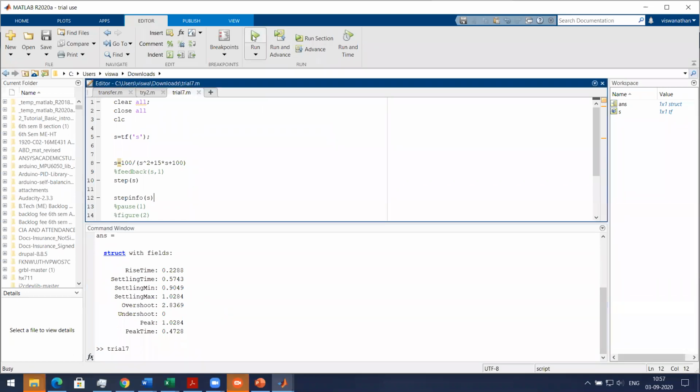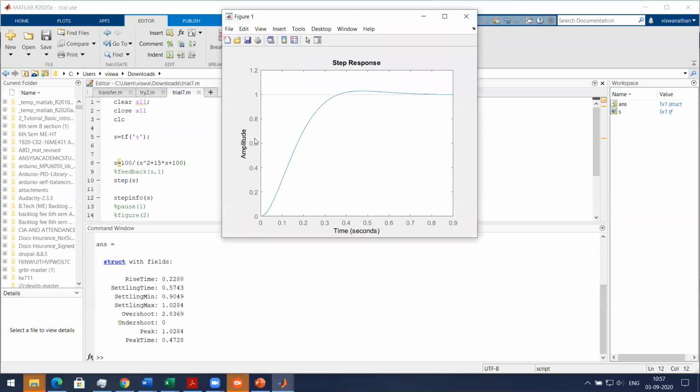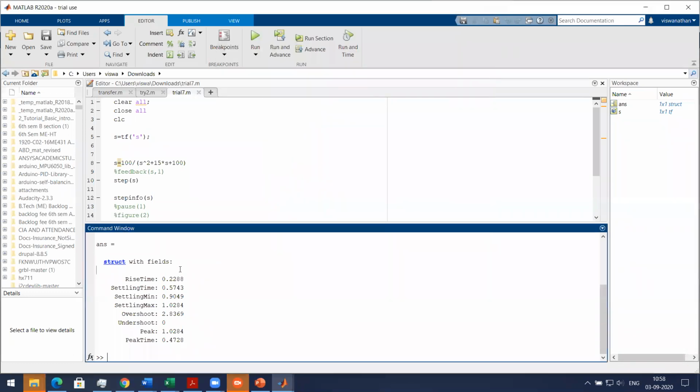But if you look at the plot, 0.22 will be somewhere here, so it's not that. Rise time is 0.35 something. What we have calculated is fine over here. If I draw a line over here, it comes to that. So overshoot is fine, the peak time is fine. Settling time and all we'll see later. So whatever formulas we have used so far are fine.